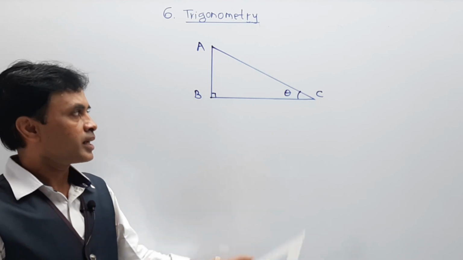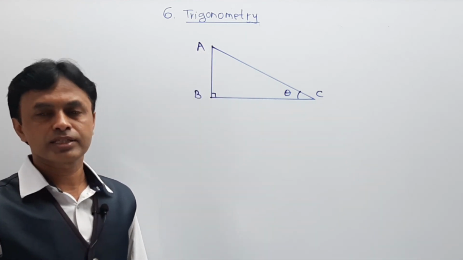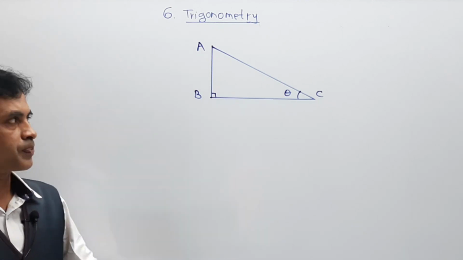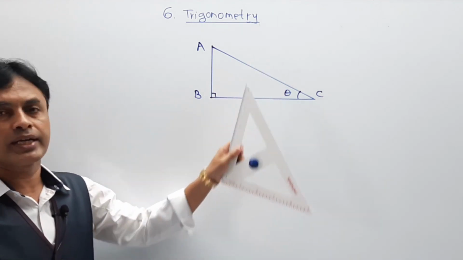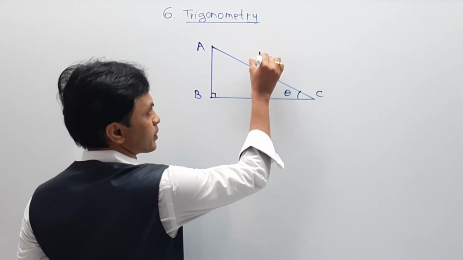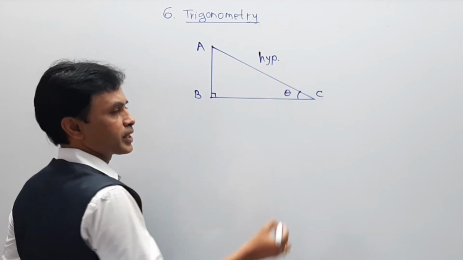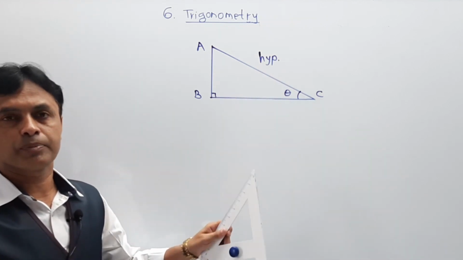In this case, this theta and this triangle have some correlation, and this correlation is expressed in terms of some logic. The logics are, first of all, the side opposite to 90 degrees. The side opposite to 90 degrees, logically we call it the hypotenuse. So I am indicating it as the hypotenuse of the triangle. I am going to write it in short form so everyone can understand the part. So the side opposite to 90 degrees is the hypotenuse.